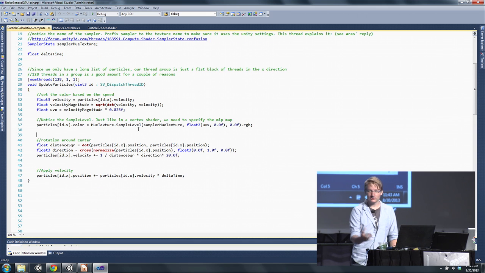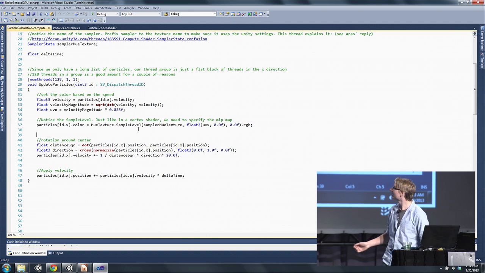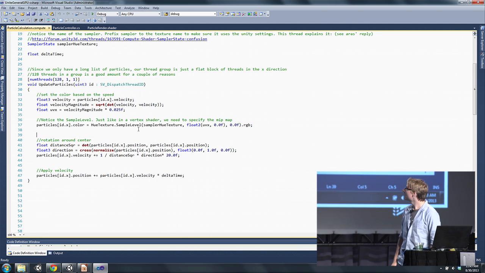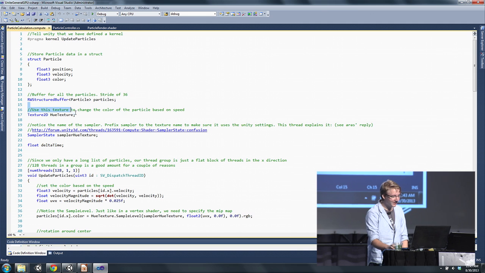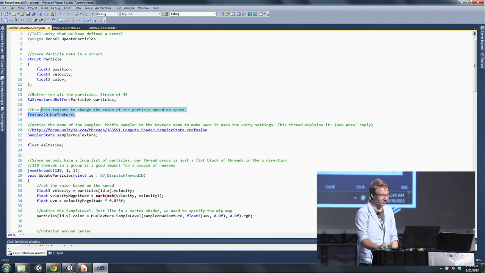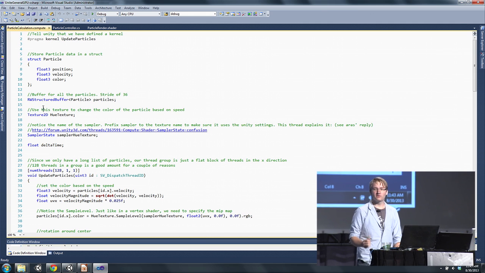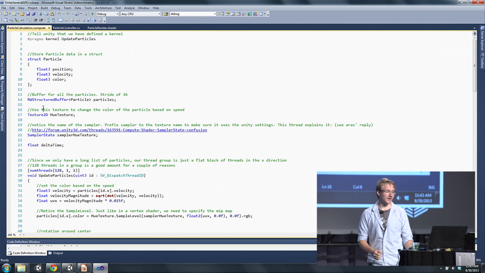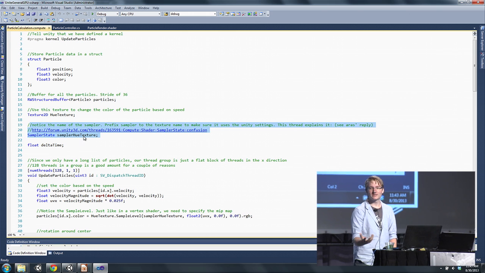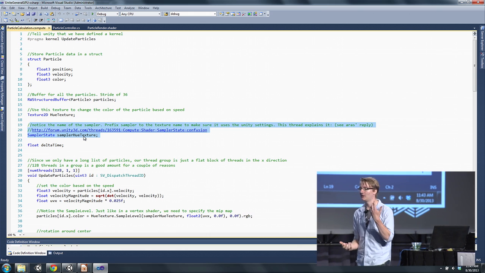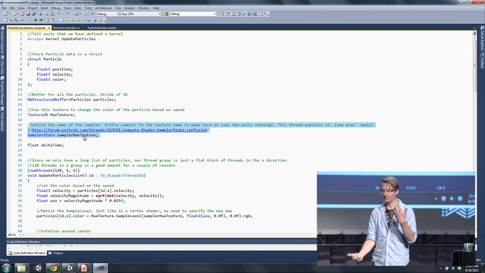So about those textures real quick, I want to address that because on the forums there were a lot of people screaming, how do you do this? So firstly, you have this texture object, which holds the actual texture data. But then the confusing thing is that you also need this object right here, a sampler state. What this holds is some info like I want the texture to be bilinear sampled, and I want it to be